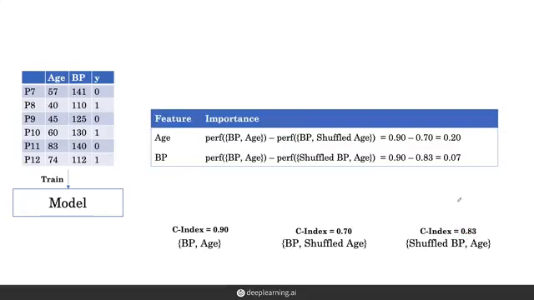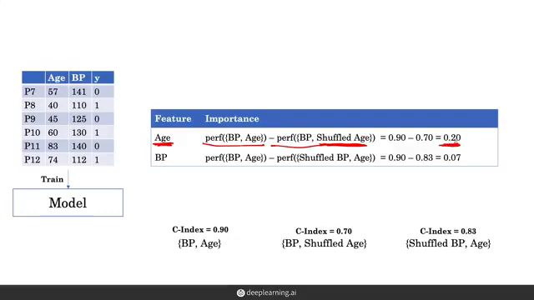Now the key idea with permutation importance is that we're going to look at the drop in performance between our full model and our model with that particular column shuffled. So if a particular feature is important, then we'd expect that when we shuffle that column, we see a huge drop in performance.